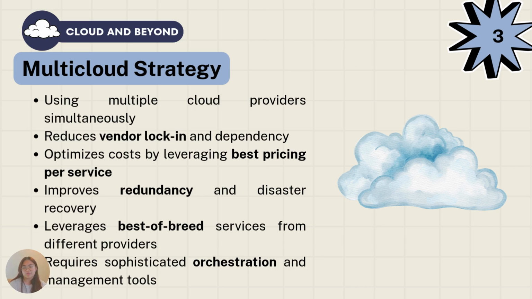So you're not at the mercy of a single provider's infrastructure, because if that one provider shuts down, you have no choice but to shut down as well. The trade-off is that multi-cloud requires sophisticated orchestration. What do I mean by that? It adds operational complexity because you have to orchestrate everything from these different cloud providers.